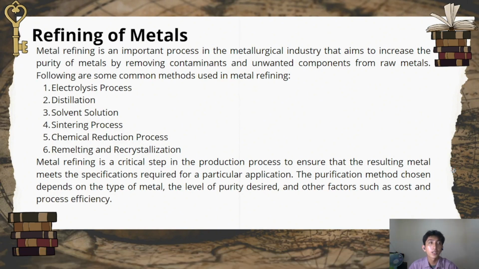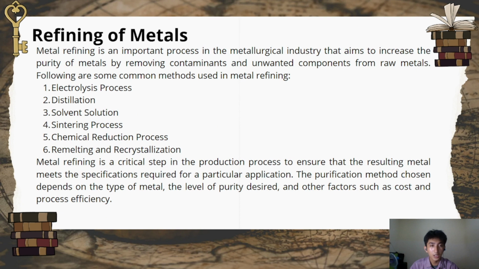Next, refining of metals. Metal refining is an important process in the metallurgy industry that aims to increase the purity of metals by removing contaminants and unwanted components from the raw metals. Following are some common methods used in metal refining. The first is the electrolysis process. The second is distillation, third solvent extraction, fourth the sintering process, fifth the chemical reduction process, and